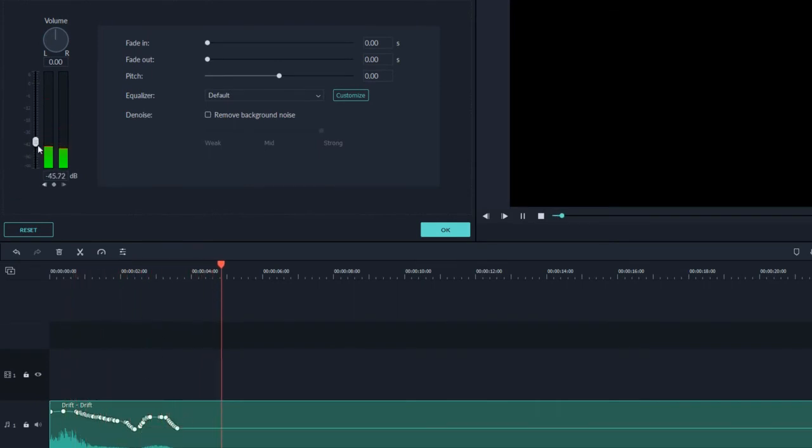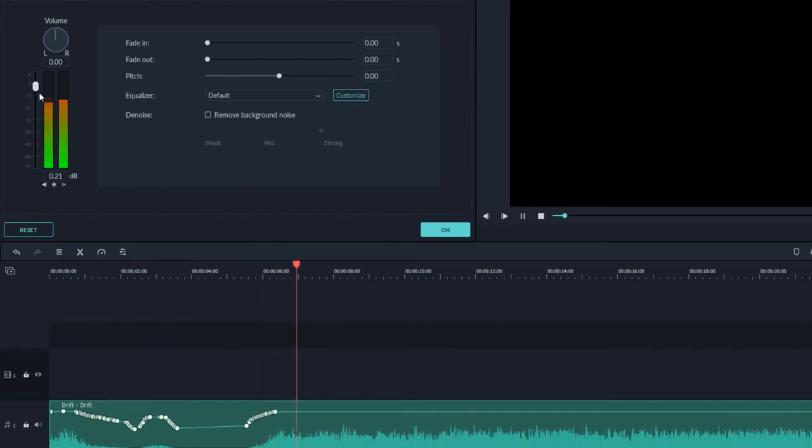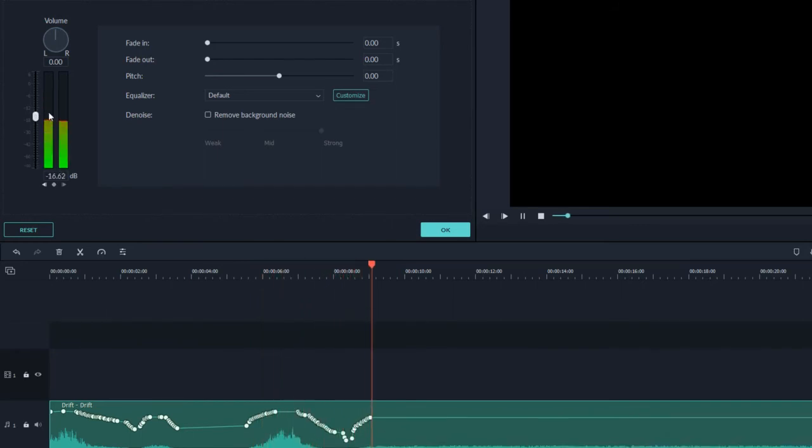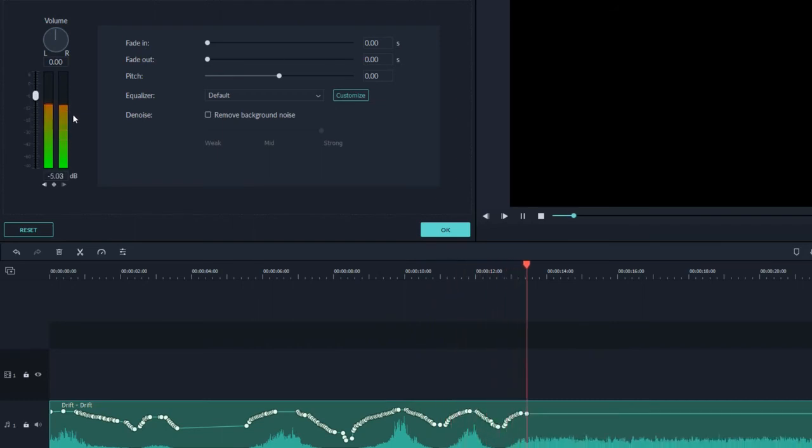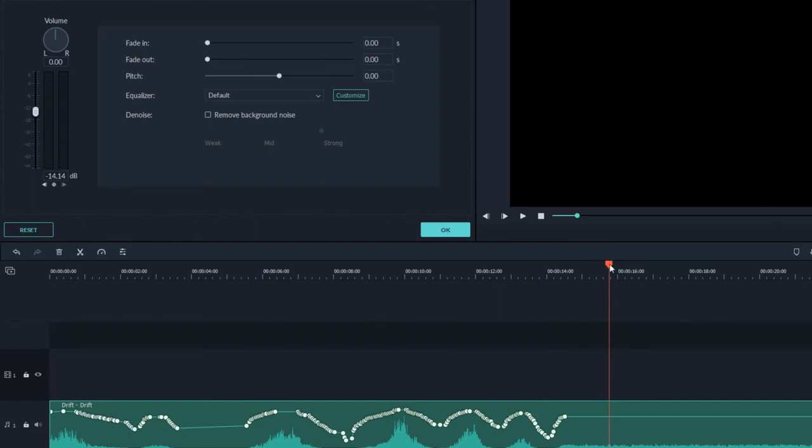At the bottom you can see it here. So I'll stop it. You can also do it manually. I'll get it here and click on this point and it adds a keyframe. Now if you wish to, you can move it here and reduce it. It automatically adds the keyframe. You can do it like this as well. So now let's play and check it out.